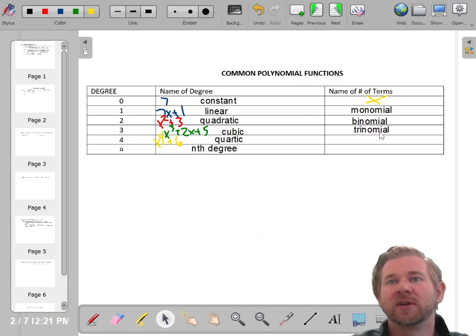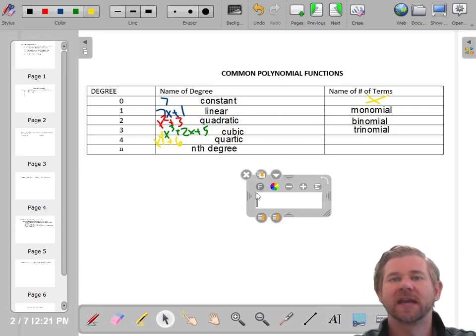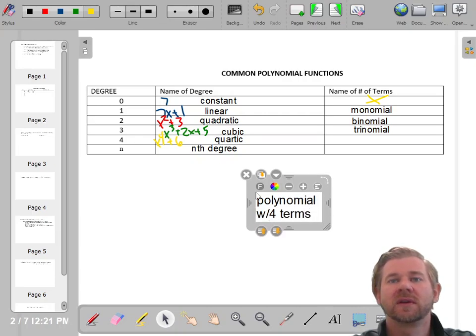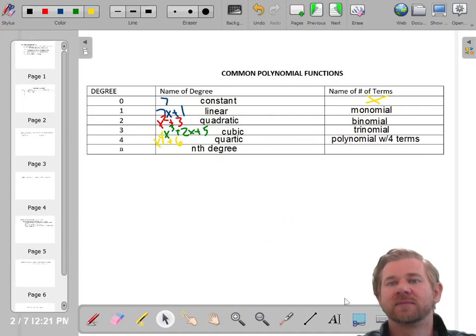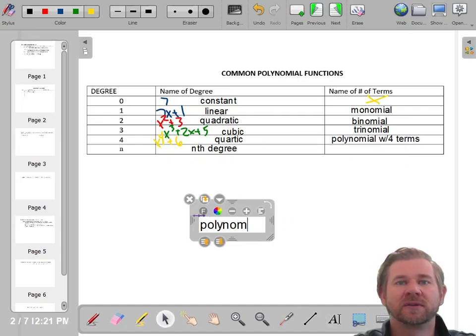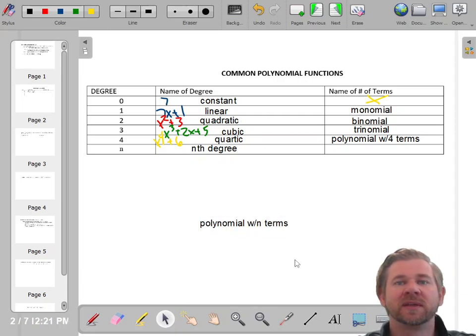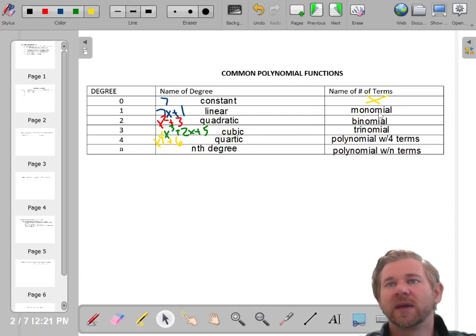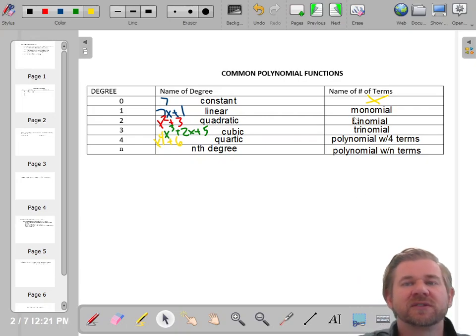Monomial, binomial, and trinomial. After that, we just say it's a polynomial with however many terms. So this is going to be a polynomial with 4 terms. If it's got 10 terms, we would just say it's got 10 terms. So a polynomial with n terms, however many there are. If there's 15 of them, it's a polynomial with 15 terms. We only have 3 to memorize here: monomial, binomial, and trinomial. And those prefixes are pretty familiar, so you should be able to remember those